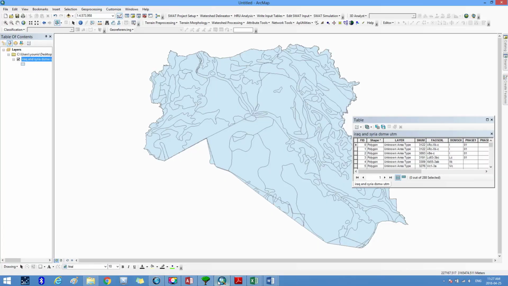Now we go to the ArcMap program where we find this shapefile map of the soil of Iraq and Syria belonging to DSMW. To find the appropriate US soil numbers for each soil type in this table and place them in the field with the title MUID,